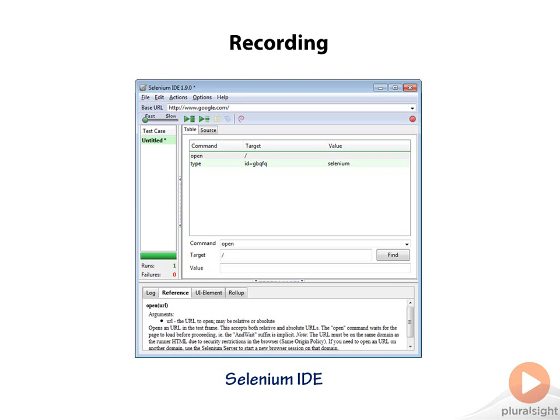But this is an excellent tool for learning Selenium and doing some exploration on what kind of tests you want to create, capturing elements, helping you to write more effective tests in a framework. And we're going to get into that in a little bit later in this course. In fact, the last module we'll be talking about developing a real framework and not using a recording tool. But that is the capability of Selenium, and it's useful for some quick things and quick exploration into doing some